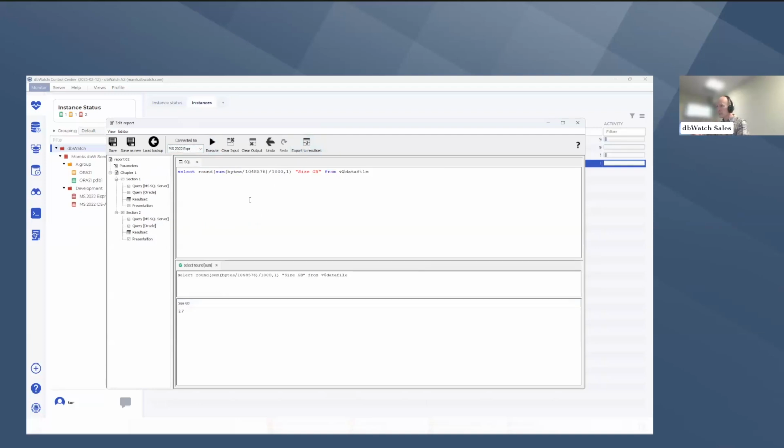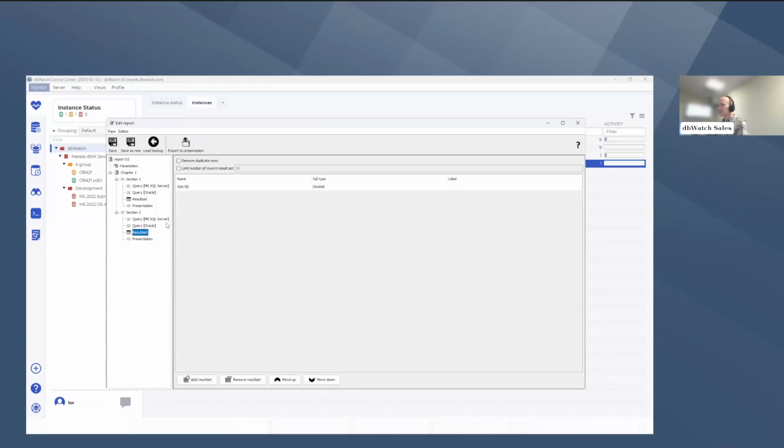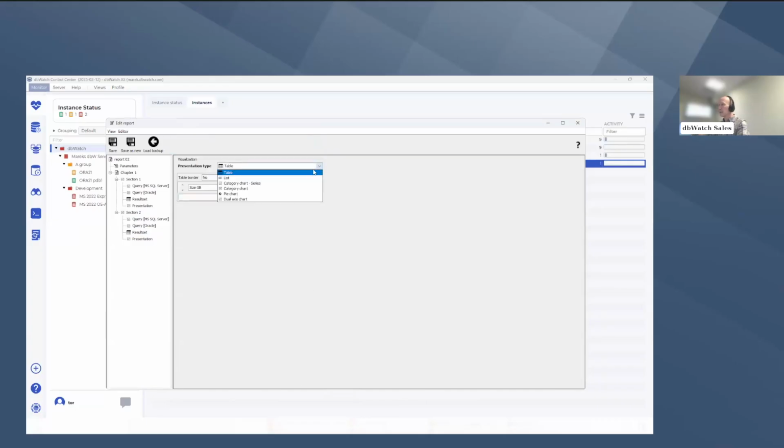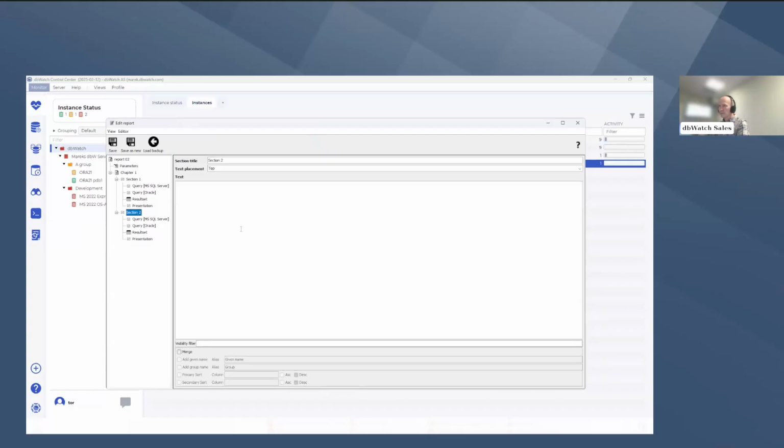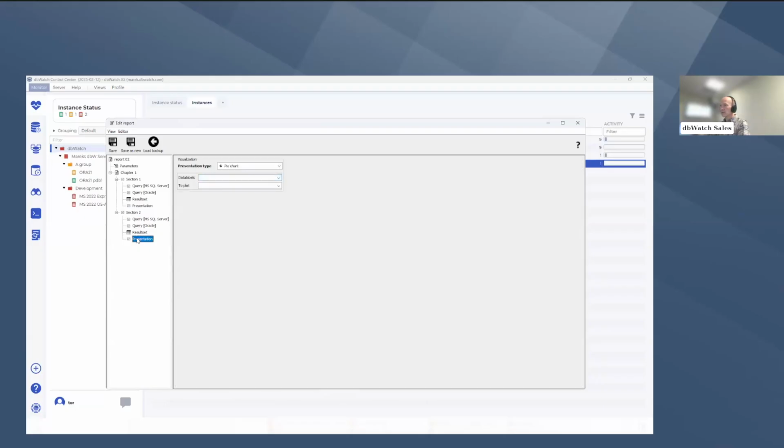So I exported the result set. So now you see the result set, and I will then export it to presentation like this. Yes. And now I would like to create a pie chart. For now, I have just one column, so it's not quite ready to define the pie chart, because I have to merge this section. So I check merge, and also I will add the given name. I could also add both. I need just one. Okay, so it's like this, and I'll go back to presentation,